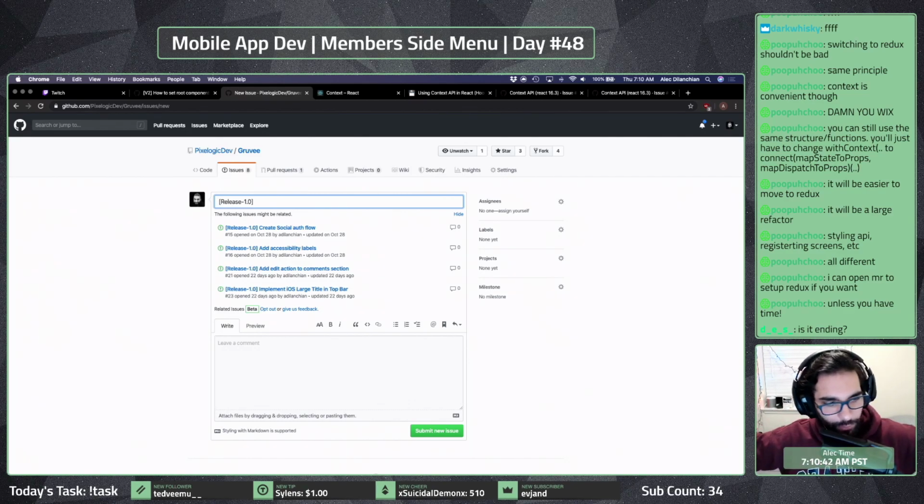I guess pretty much what we can do, we can implement Redux for this one section, right? Or implement Redux throughout the app, use it in this one section, but then we're going to want to refactor everything else to use Redux, right? Like probably so. And that might be wise to do now instead of moving forward.